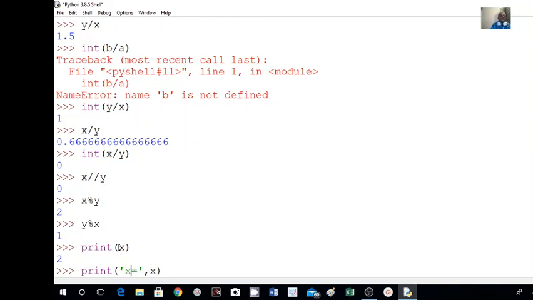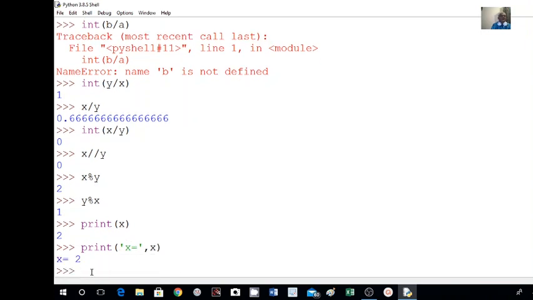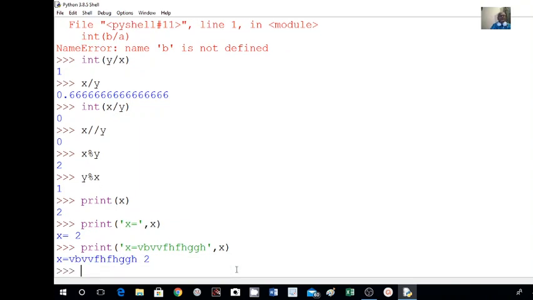So the difference between this print statement and this print statement is just it prints 2 here. Here it prints X equal to 2. Just if I enter, I am getting X is equal to 2. Whatever you write in the code, that will be printed. So you can type anything here. Then if we run this, we will get whatever is written in the code printed. Okay, this is the print statement.